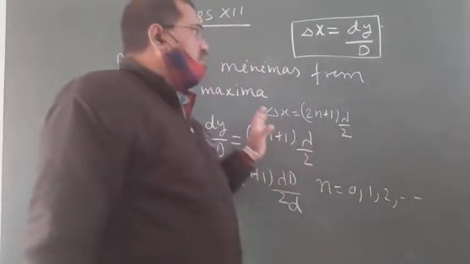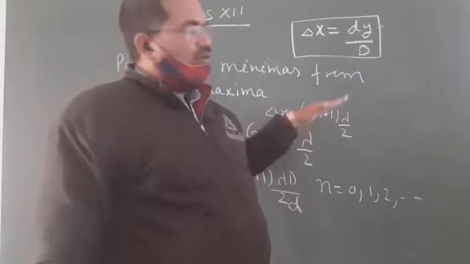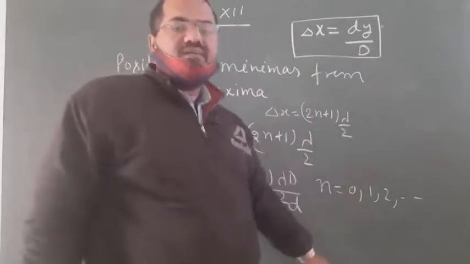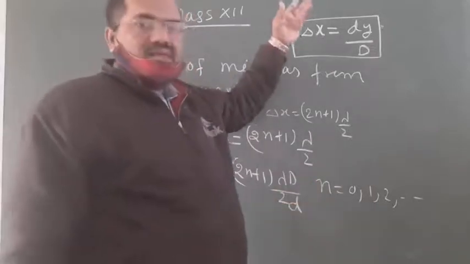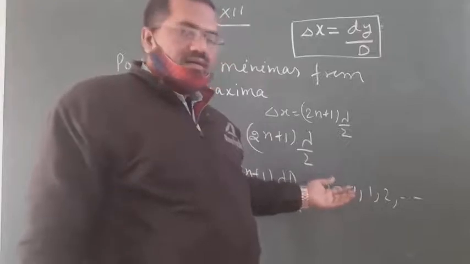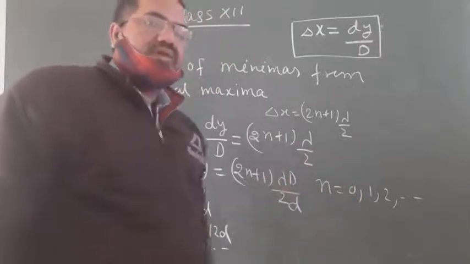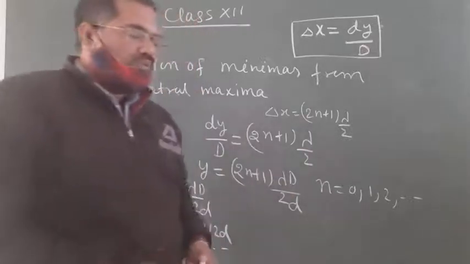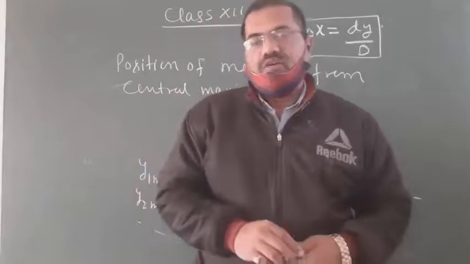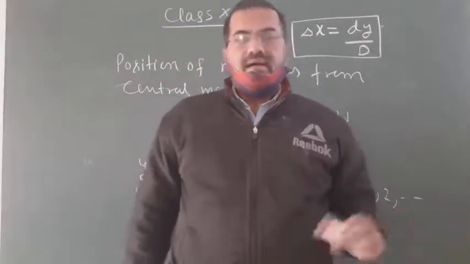If we interfere the waves in upward direction, then maxima and minima will be obtained in upward direction. If we interfere the waves in downward direction, then you will get the same manner as in upward direction, alternate maxima and minima in downward direction also. So write it down: maximas, secondary maximas and minimas are obtained on both the sides of central maximas in alternate manner.